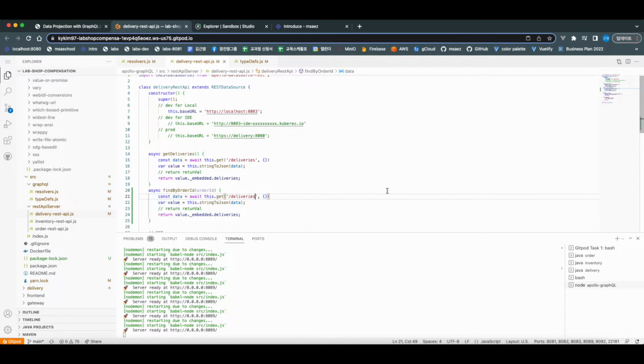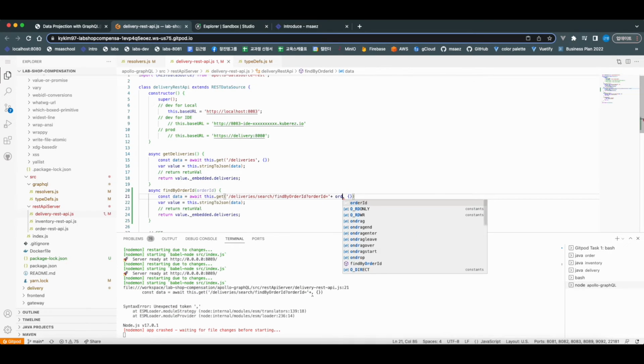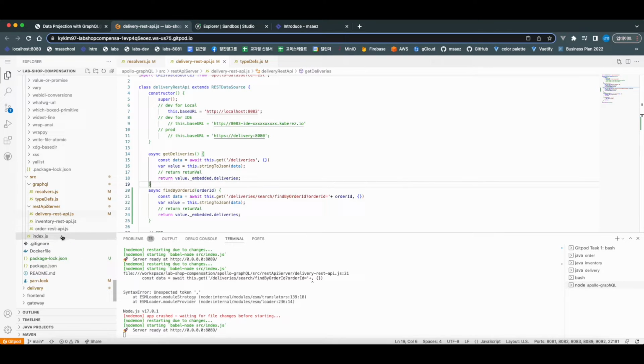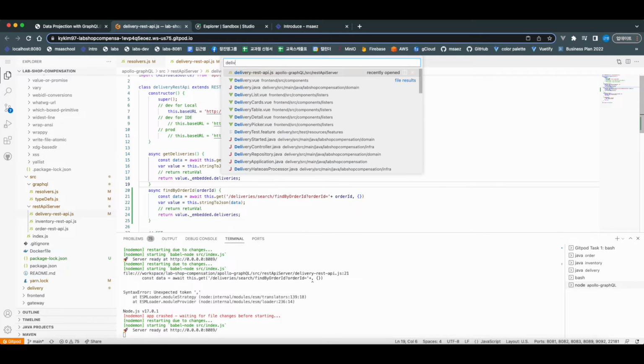So I'll make /search/findByOrderId, where the order ID is orderId. And when you go to delivery